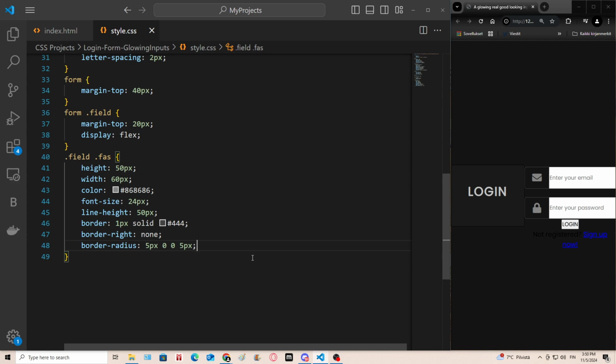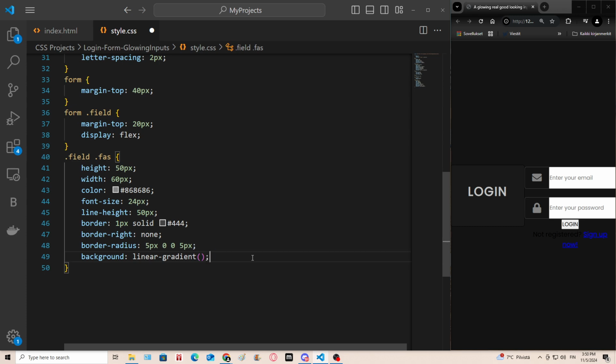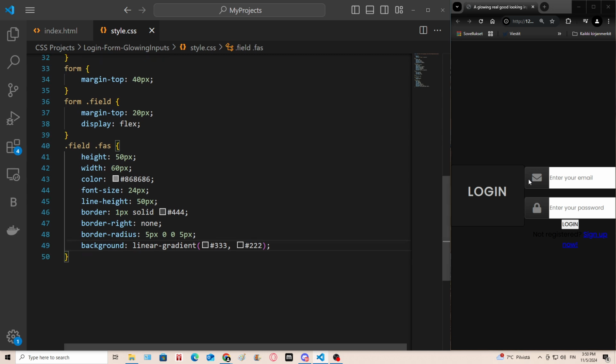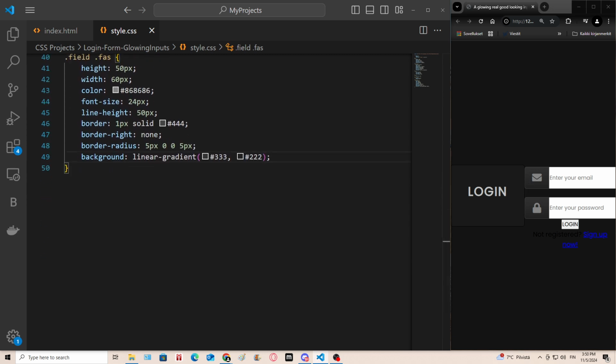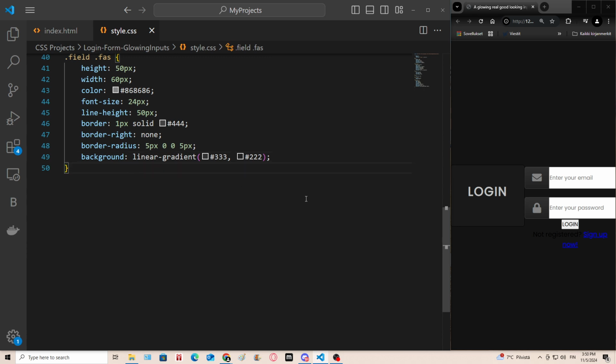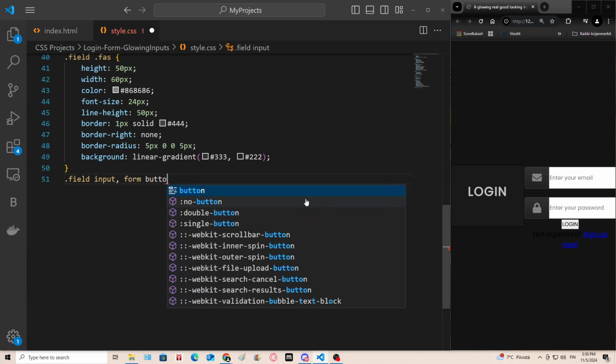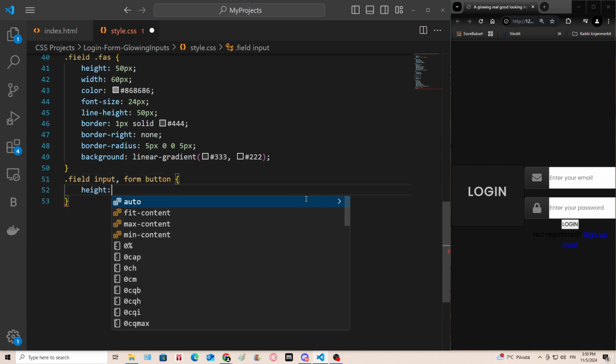So then the background is gonna be a linear gradient, 3 and 2. There we go. So we get that little, almost like metal looking feel to it. Then we gotta take the field. So let's take the class field and the inputs and then the form and the button, and then height 50 pixels,